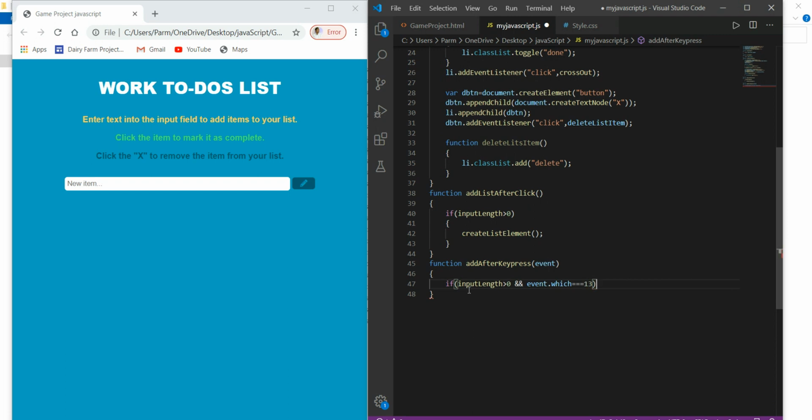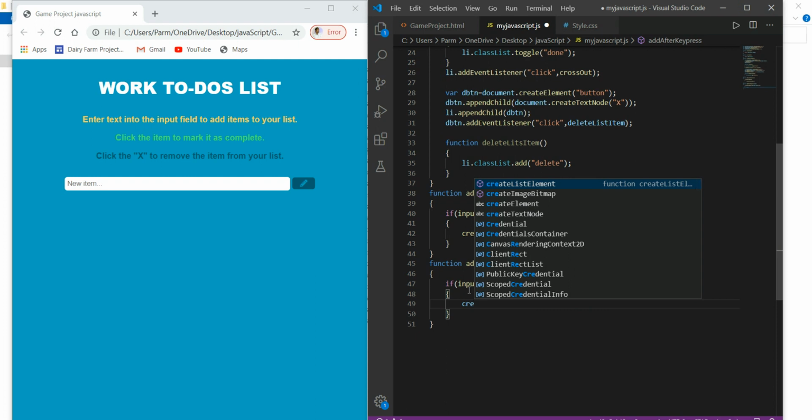Now, why are we using this line? Here we have to try to understand. We just call this same function, create list item.